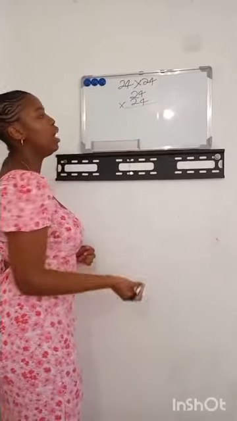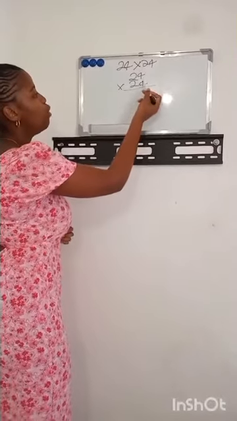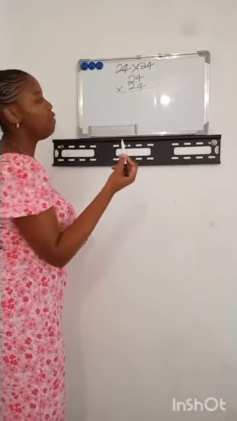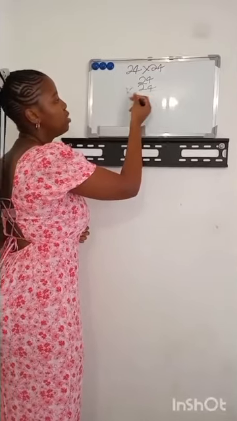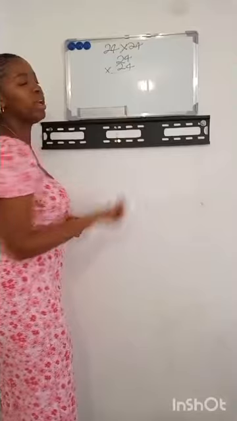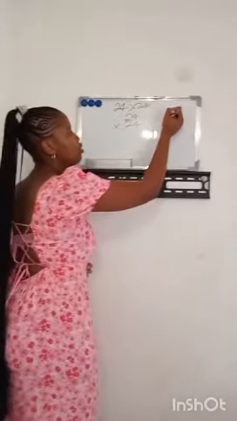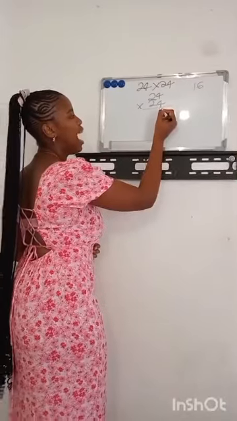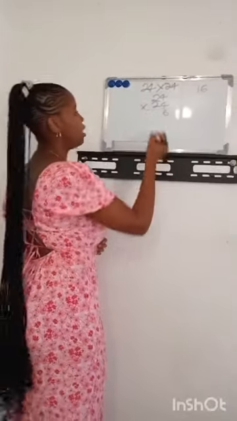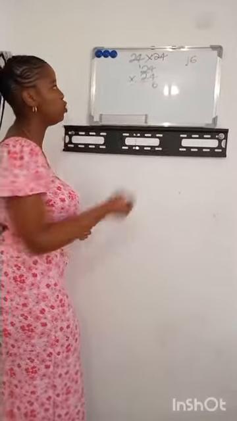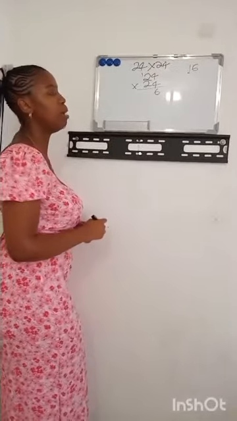So now we are saying 4 times 24, but to make our life easier, we're going to say 4 times 4 and 4 times 2. So 4 times 4 is 16. So we can just write our 16 here. And then we're going to take the 6 and write it under the units. Yes, under the units. And take this 1 and carry it over to the 2 that is